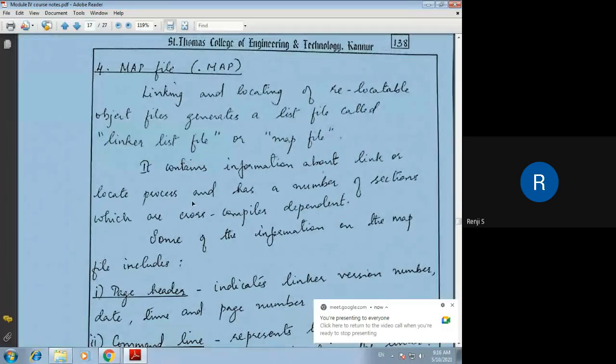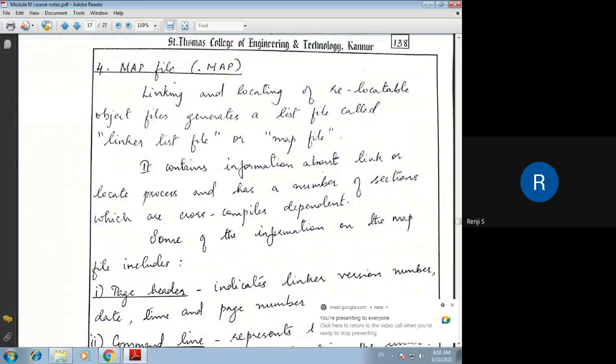It contains information about the link or locate process, and it has a number of sections, as we discussed for the list file.